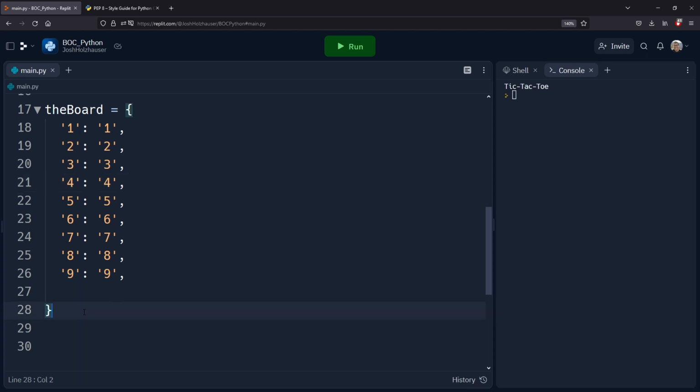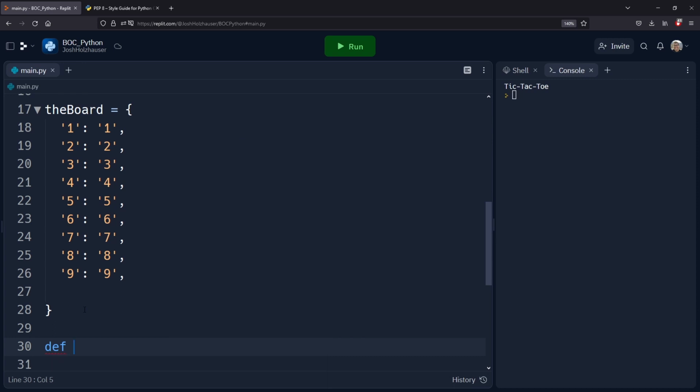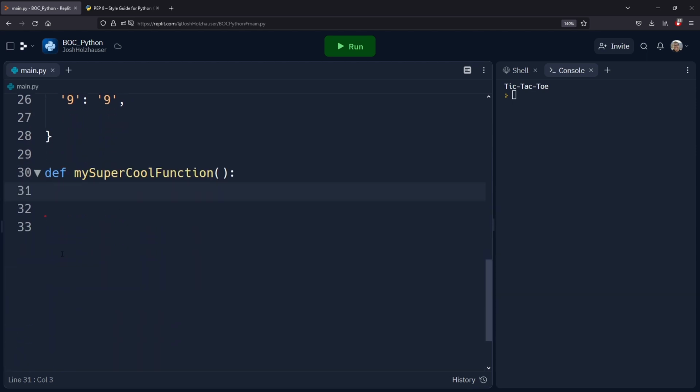So here comes a function. Functions start with the letters def. After the letters def, you put in your function name. In this case, we're going to call it my super cool function. This is not the function we're actually going to use for tic-tac-toe, but this is an example of how to use a function. Open and close parentheses after the name, and then a colon. After the colon, we want to make sure that we are indented. It's similar to the if conditions and while loops. We want to make sure that we have an indent here